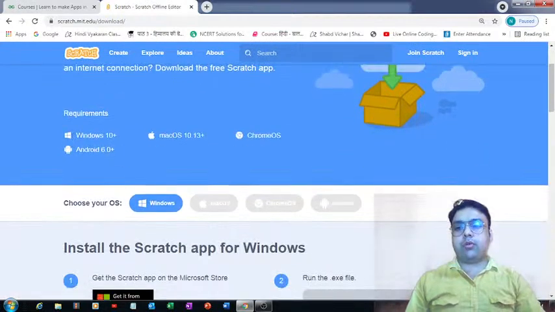If you're using the Windows operating system, you can make use of this option. Simply click on this button and the download will start automatically.